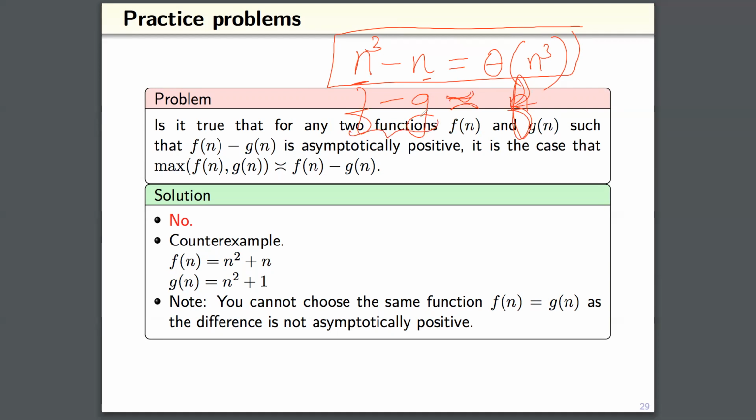If f minus g is asymptotically positive, right? That's the claim, but we will disprove it. See, this is not true for all functions. So here is one example. This was a simple example. Suppose you assume that the first term cancels out, right? So here the first term is the dominating factor. Suppose that cancels out. What happens? F is n squared plus n and g is n squared plus 1, and they cancel out. When they cancel out, what do you get? Max of f and g is really n squared, right? However, f minus g is now n,